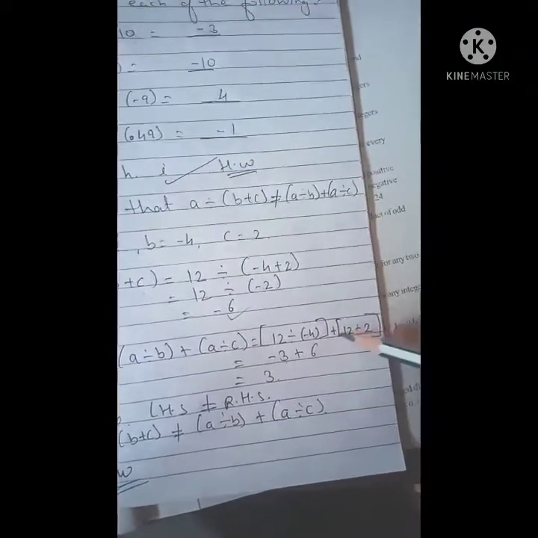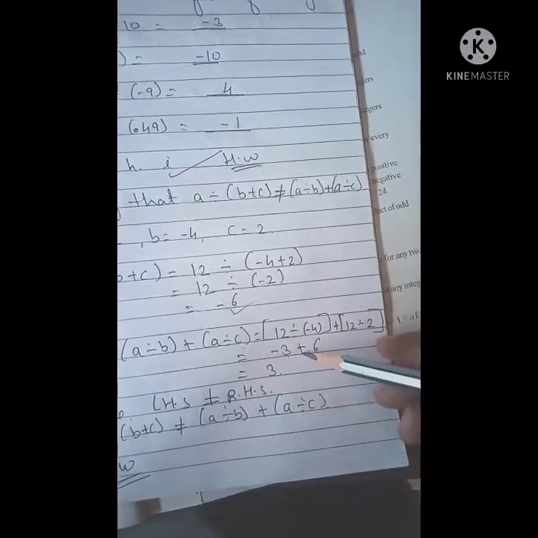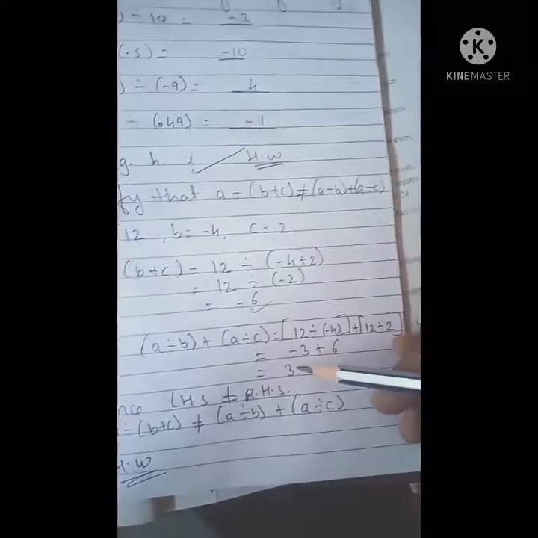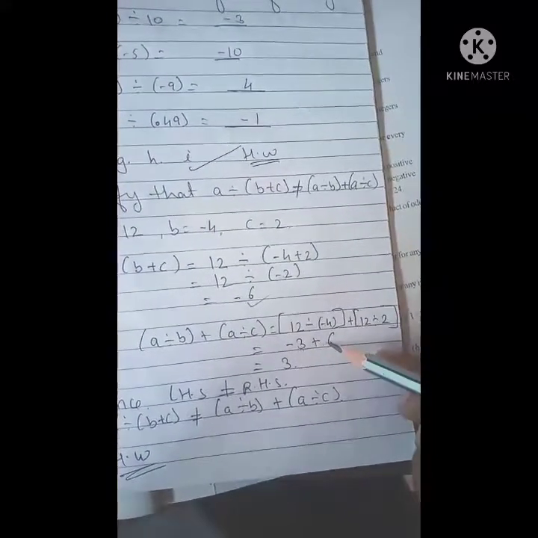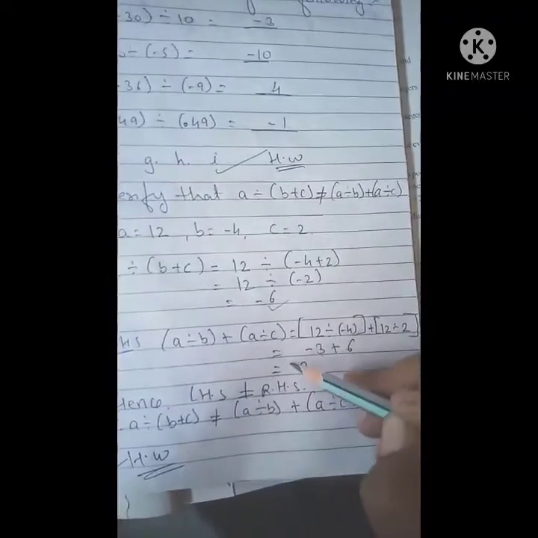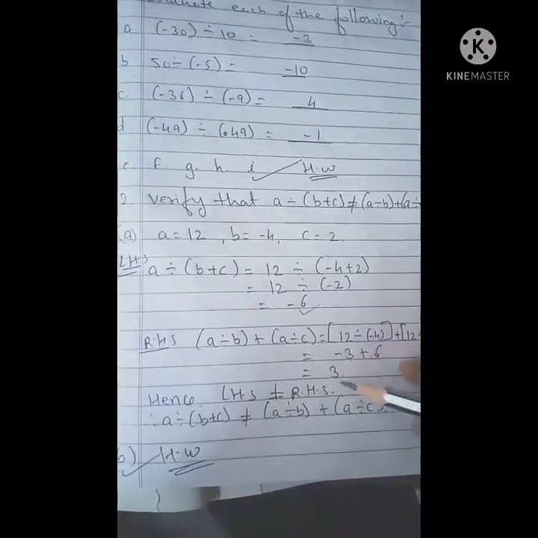Okay. Now 12 divided by 2 is 6. Yes. Now plus and minus is what? Minus. So we have to put the minus sign here. So 6 minus 3 is what? 3. The bigger number is 6. So in front of 6, what sign is there? Plus. So we'll put the plus sign here. Okay students, so we can say that the left hand side is minus 6 and the right hand side is 3.